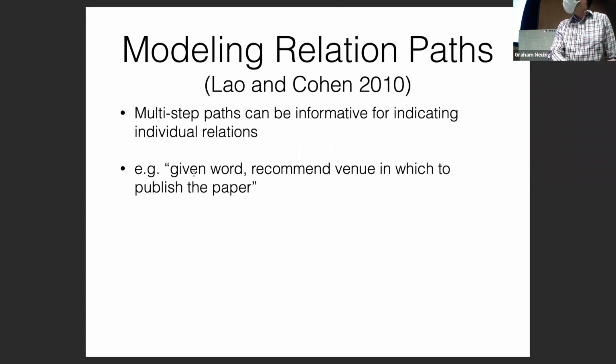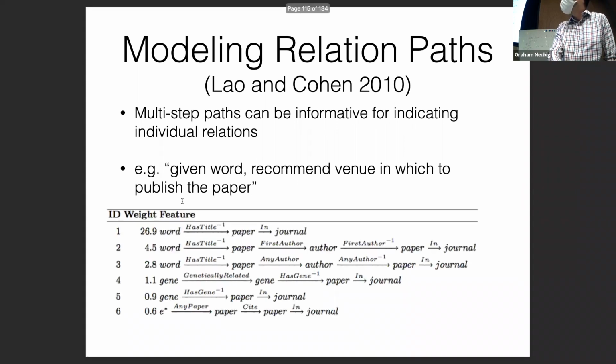And the one task that they try to solve is, given a particular word that appears in a paper title or something like this, recommend the venue in which to publish the paper or to submit the paper. What they do is they learn these multi-hop paths and try to predict which venue the paper would appear in. So they have things like the word appears in the title of a paper and the paper is published in a journal. So this is the most